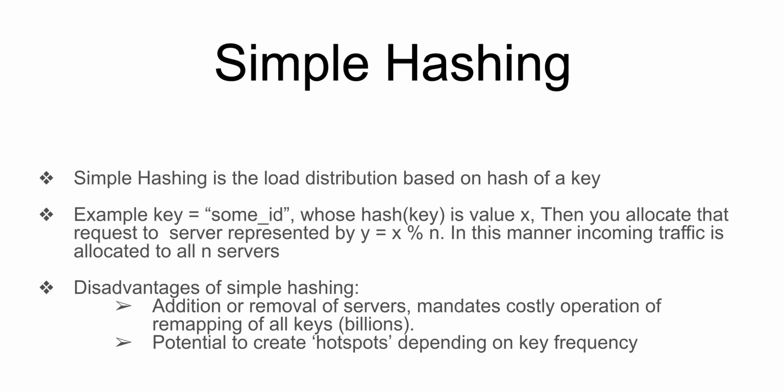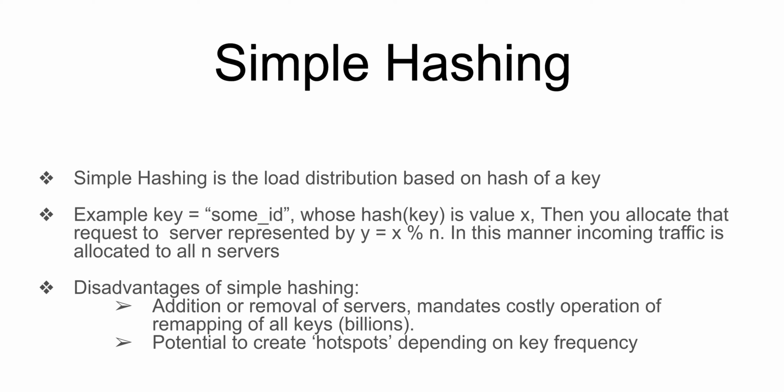Or let's say the system scaled. Let's say you see a spike of traffic in your system, and so you need to add a new server. So you need to increment the value of n in your modulo function, in your arithmetic, in order to serve the traffic to that server. And so in order to do that, you need to remap all the keys. You can no longer continue to use y equals x modulo n, because it's going to yield a different value